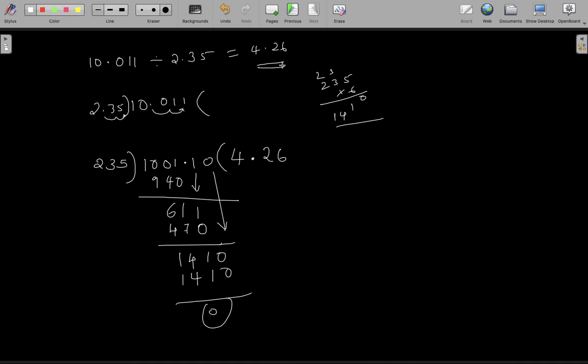So whenever you are dividing a decimal number by another decimal number, we must make sure that the divisor here is a whole number, and to do that we shift the decimal point as many places as required. However many places you shift the decimal point, you should move the decimal point so many places in the dividend as well, right? And then do the normal division, like how you divide a decimal number by a whole number. The final answer you get, whether it's a decimal number or a whole number, will be the required answer.